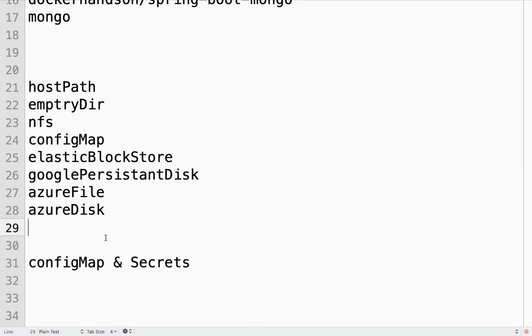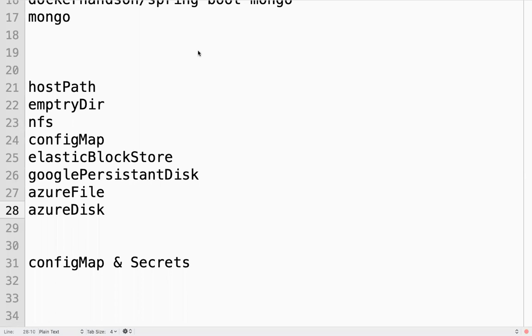That is where your data will be maintained. A piece of storage that will be mounted with your container. The storage is basically the disk. It's nothing but a disk, some storage where it will maintain the data.